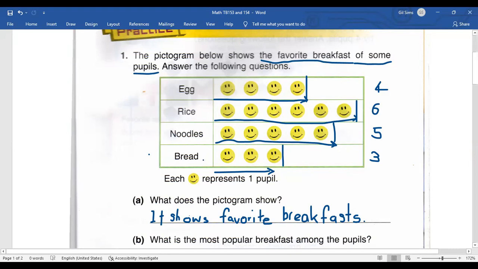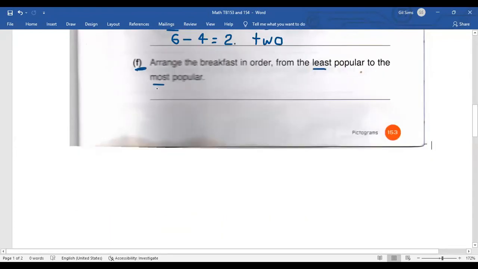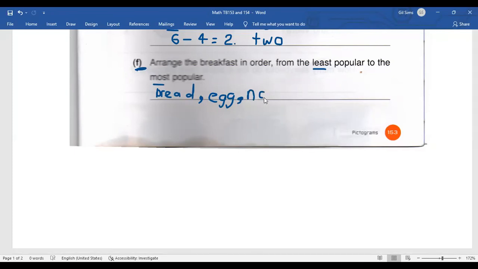So let's noodles, rice, bread, after that we put a egg, comma, noodles, and double O, D, L, E, S, noodles, and most popular was